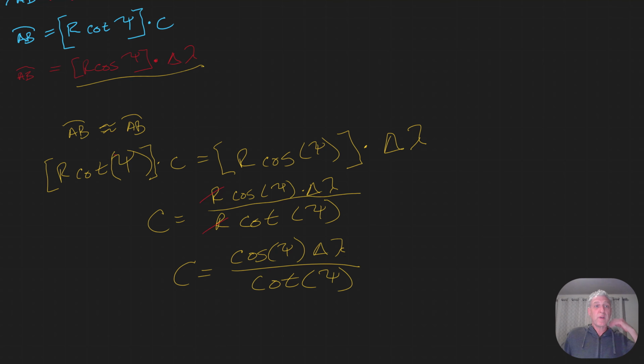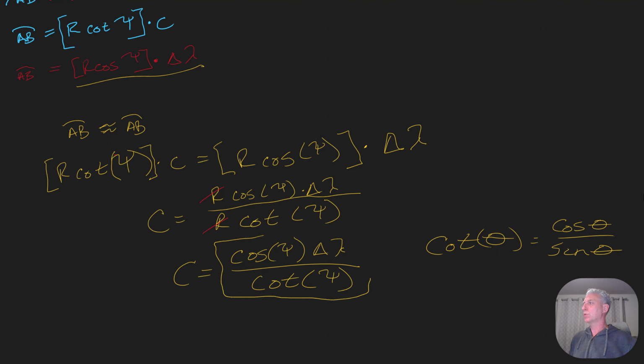And we can simplify this even further. The cotangent of some angle, say theta, is equal to the cosine of theta over the sine of theta. So we can actually reduce this part a little bit. Using that definition, we end up with